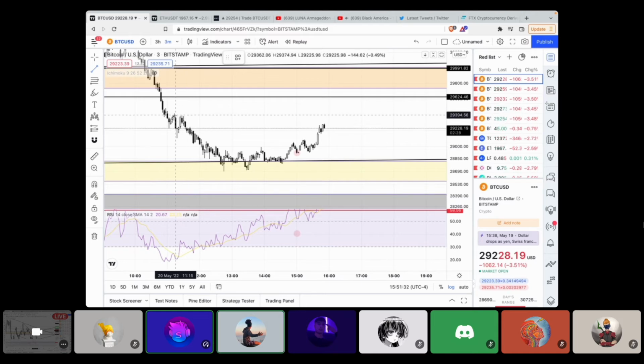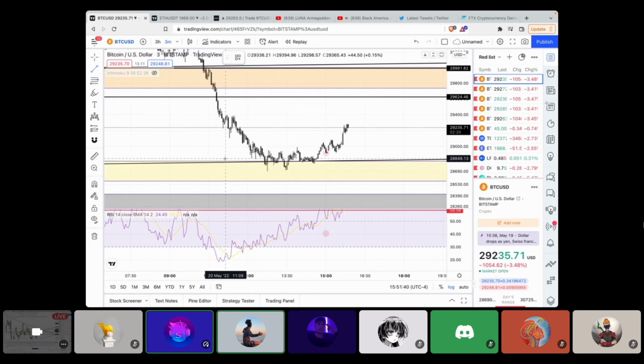Notice this is the only time we kind of took our pause or our break. So this is the high we're testing right now, or the area we're testing. But also notice that